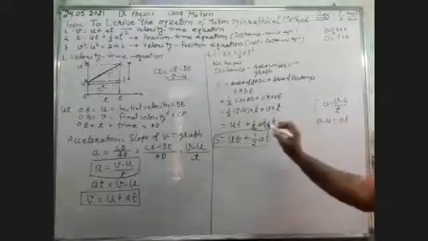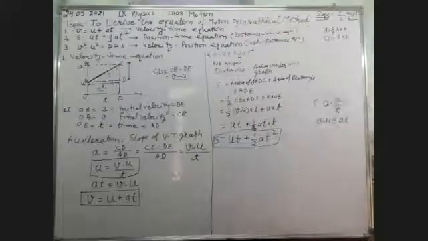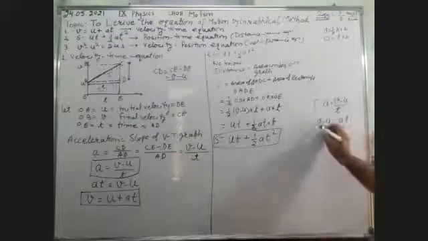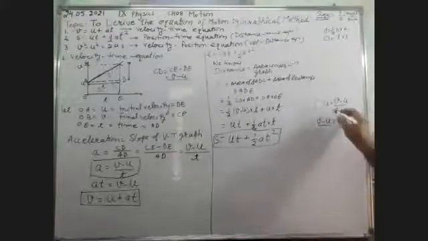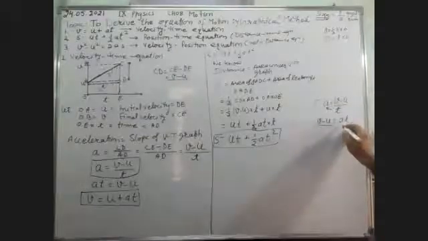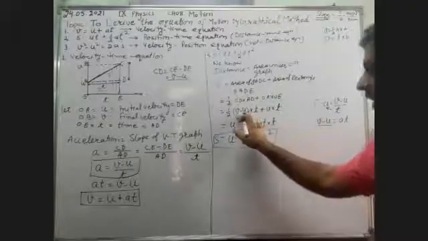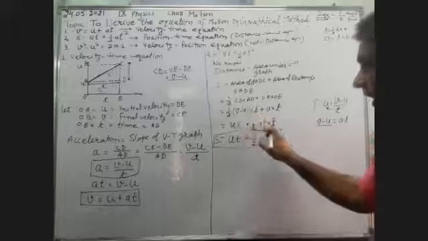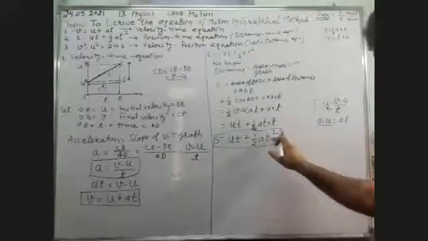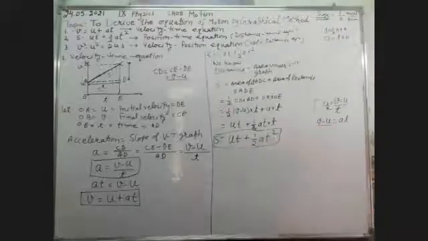Put all these values. And we know the formula that acceleration is equal to V minus U divided by T. From this formula, we will calculate the value of V minus U. What is V minus U? By simple cross multiplication, V minus U is equal to AT. So put this V minus U value here. Multiply by this time T. So T multiplied by T, T square. So what is the relation? S is equal to UT plus half AT square.